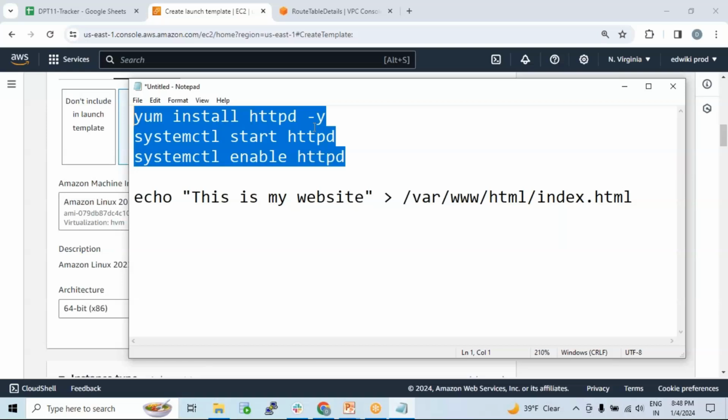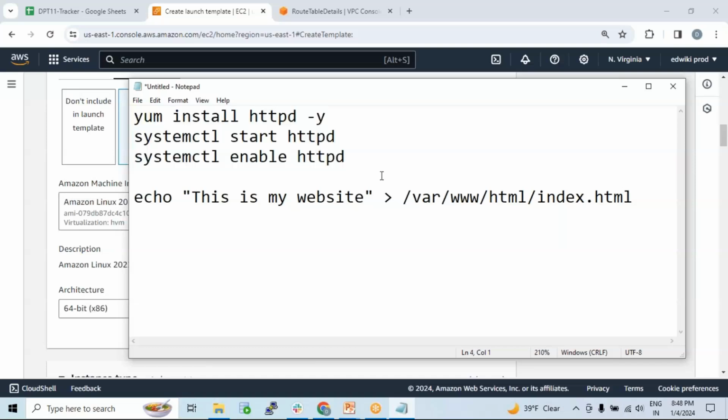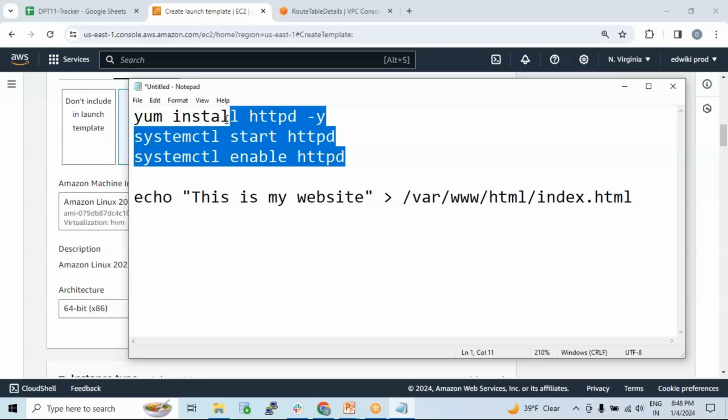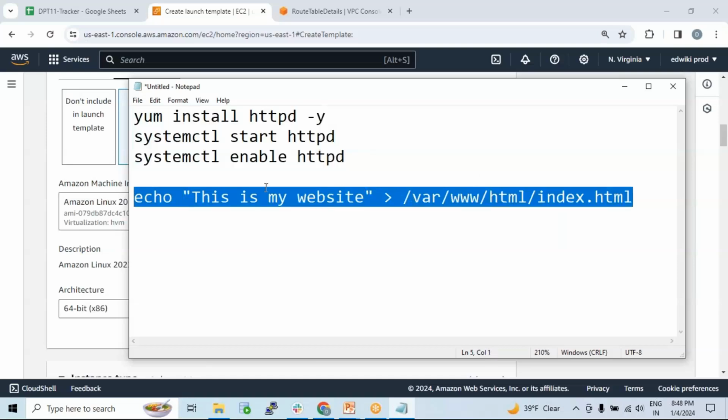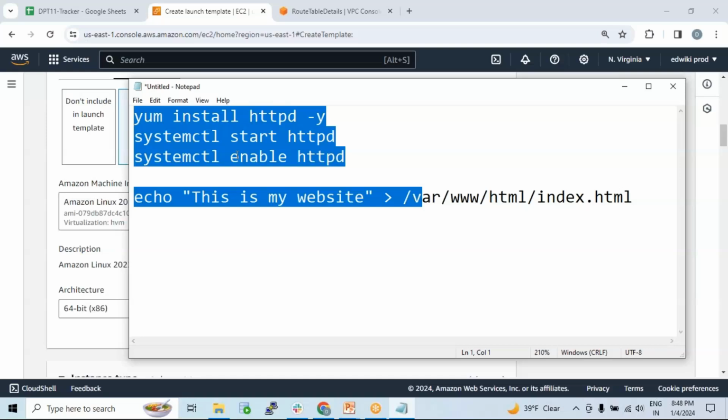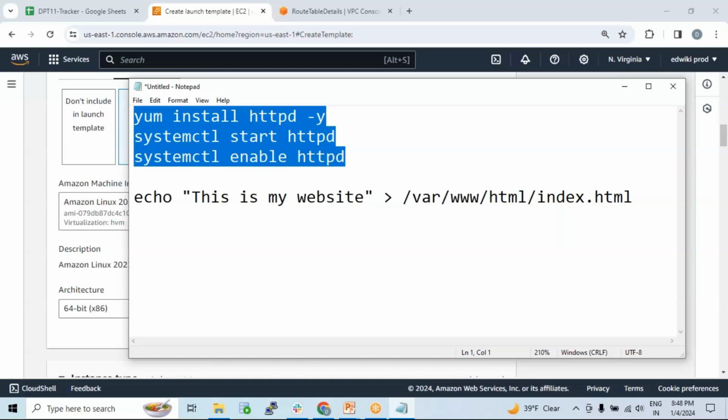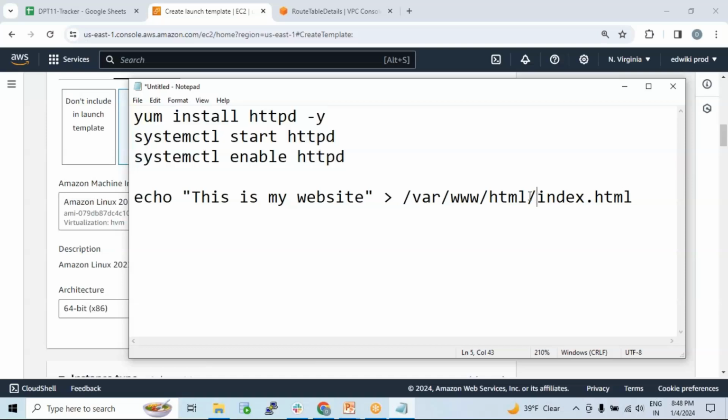Possible. But the thing is, whenever you are trying to create a golden AMI, right, it's always a best idea to keep only the software that you want to install in the golden AMI, not the code actually. You got me? I'm just trying to split these whole 4 lines into 2 different sections, right? The first 3 lines are related to installing the software and starting the software, which is pretty much common, right? Correct. But do you think the code that you are expecting to be available in the var